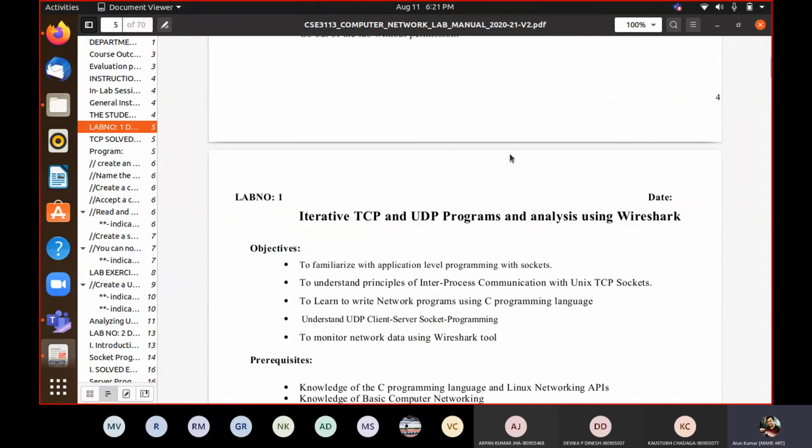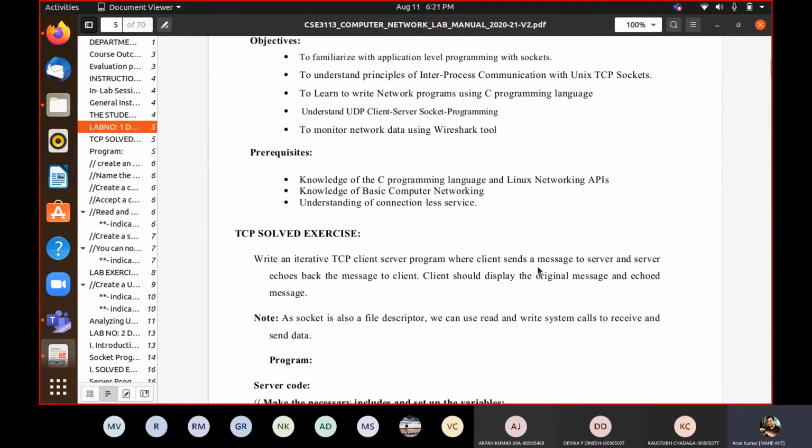The first initial 3-4 programs correspond to client-server based socket programming. We will do it later on, because to complete this program you should have an understanding of TCP and UDP protocol. At least at a primary level you should have an understanding of TCP and UDP protocol, particularly their session management style, how they manage the connections.